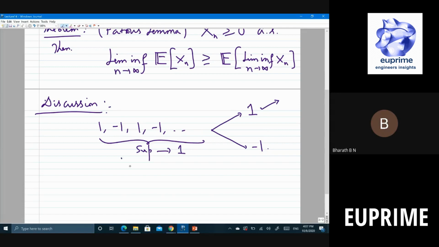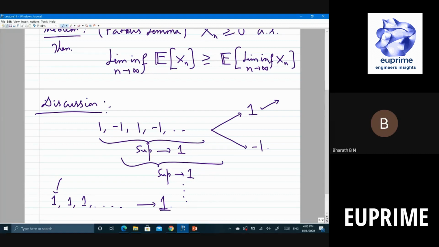Now I'll start from the second stage and take the supremum. Again, I'll get 1, and so on, okay? So essentially what you end up getting is a sequence 1, 1, 1, 1, etc. Right? Is that fine? So this sequence obviously converges to 1, which it had already converged to in the first place. So it goes to 1, right?